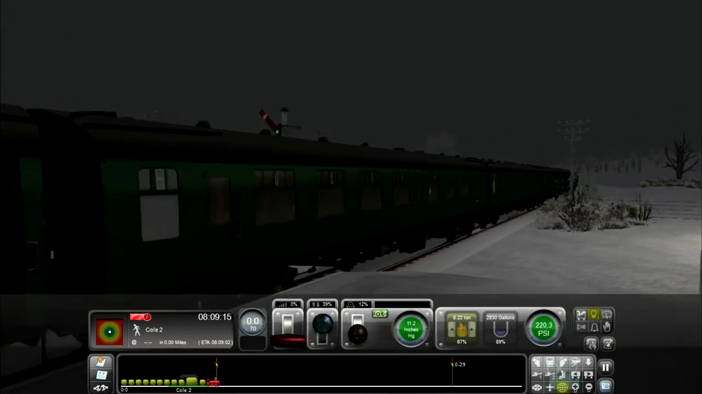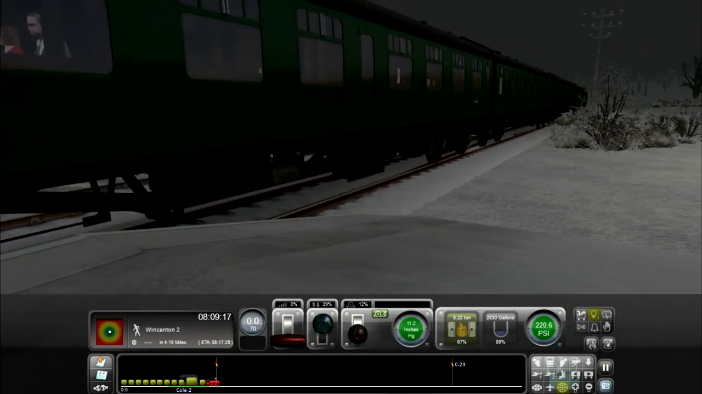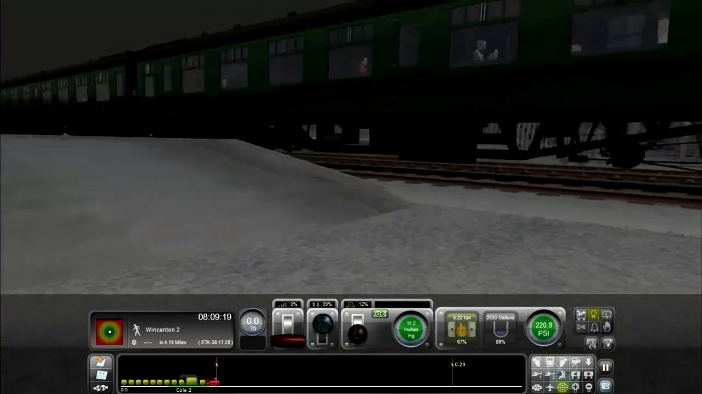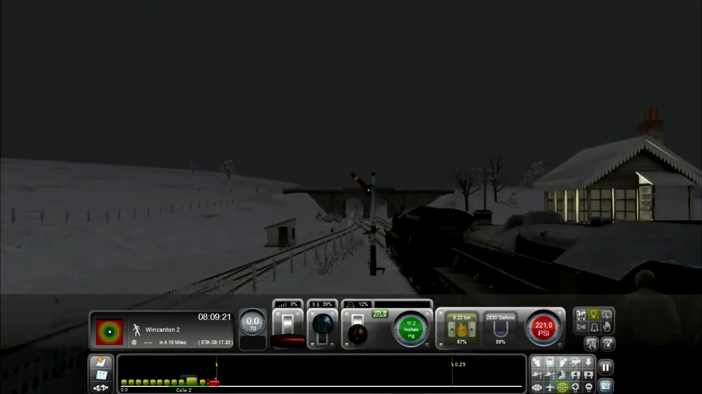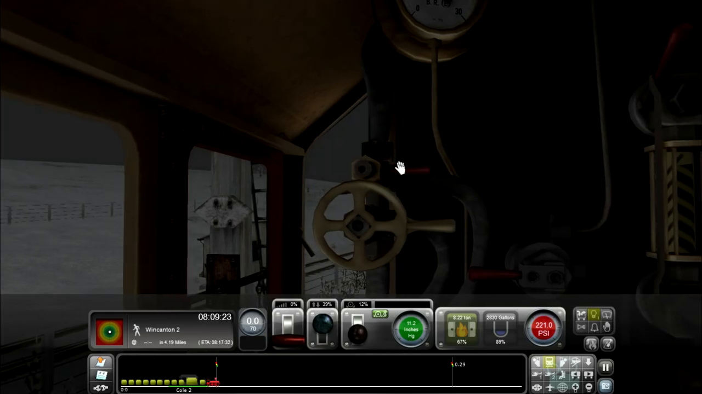The bounds of what defines a station and what doesn't is kind of very dubious sometimes, I found in this game. But yeah, so anyway, let's